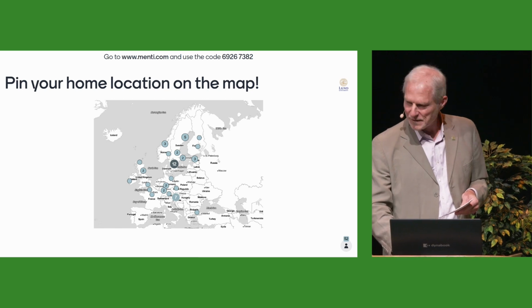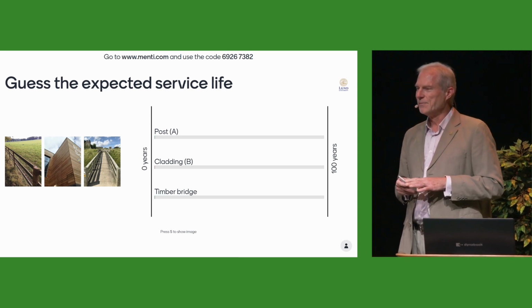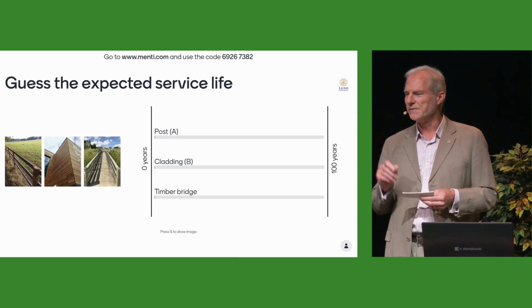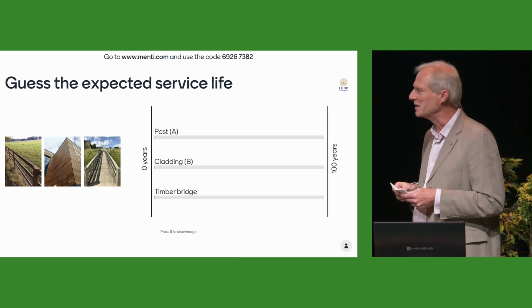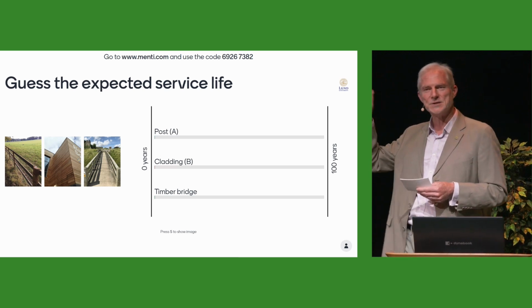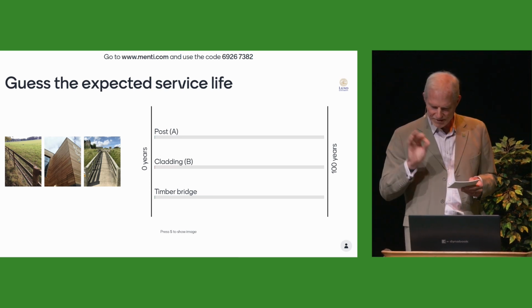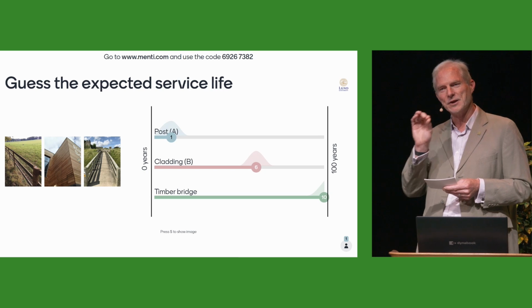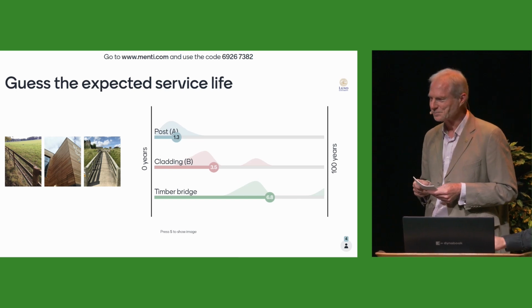So our next port of call, thinking about that location, your home location, I want you to estimate or decide what you consider to be an expected service life for 3 different products. We've got a fence post, so that's the element that's going down into the ground on that left-hand picture. Exterior wood cladding, and we have a timber footbridge, a pedestrian bridge there. So you have a slider, 0 to 10. 0 might represent less than 10 years. 10 is 100 years, and then increments along that scale. So 5 on that scale would be 50 years.